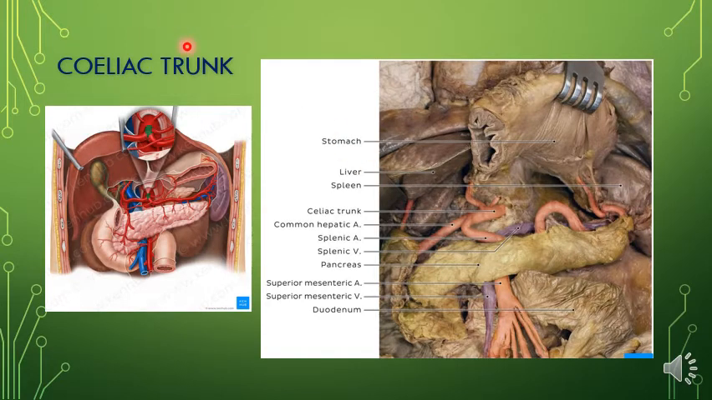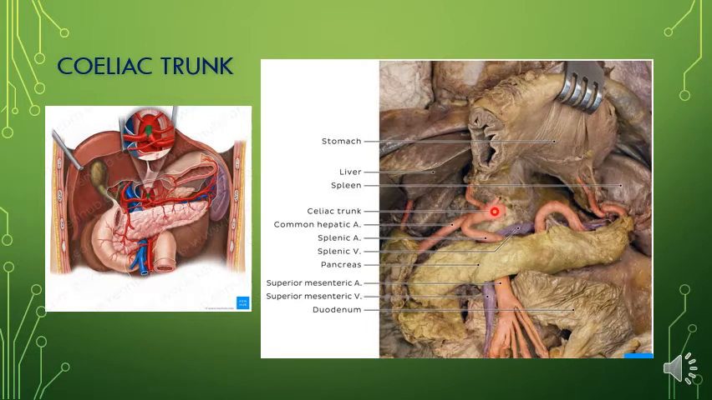Now we'll see the celiac trunk in detail. So the celiac trunk is a short wide vessel. In this image, if you observe here, this is the celiac trunk. It is a short wide vessel, about 1.25 centimeters long. So it is very short, 1.25 centimeters long, and arises from the front of the aorta immediately below the aortic opening